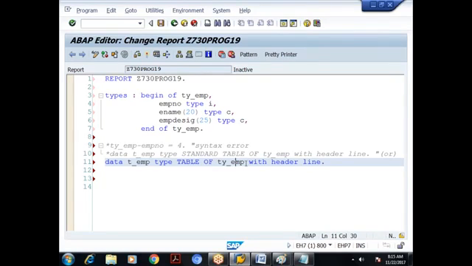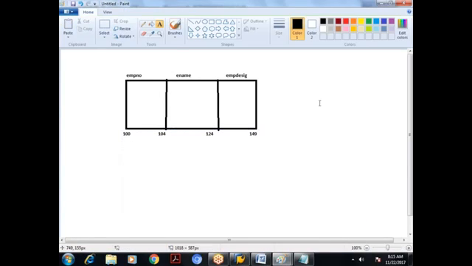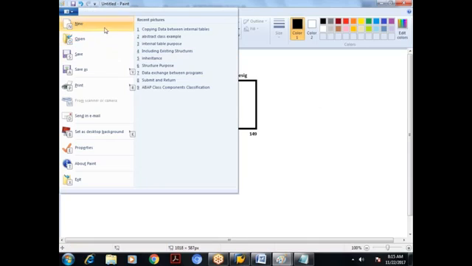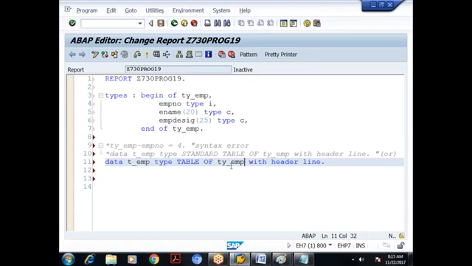The advantage of this syntax is I am not using any OCCURS keyword. So what happens is the memory will be allocated in the runtime depending on the data you store. Since I said with header line, only the header will be there. For the body, there is no memory allocated as of now. The moment you start storing the data, memory will be allocated dynamically.